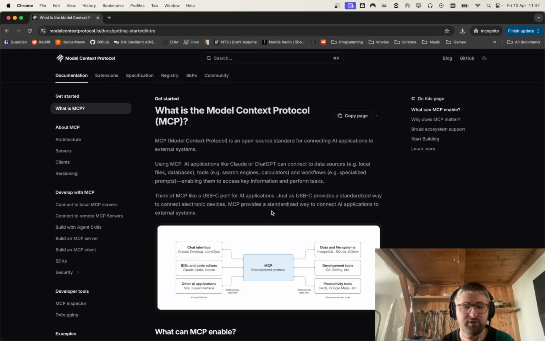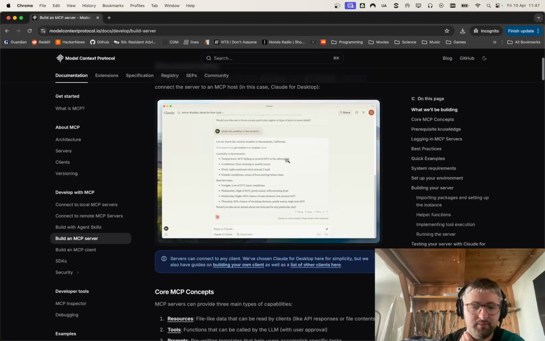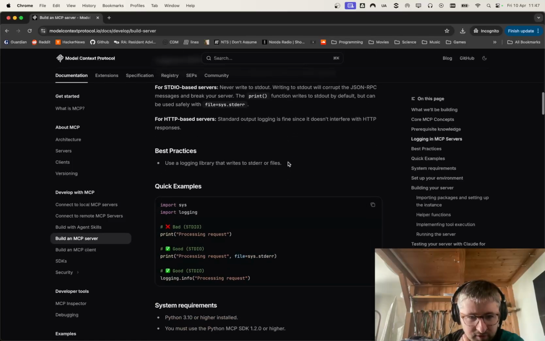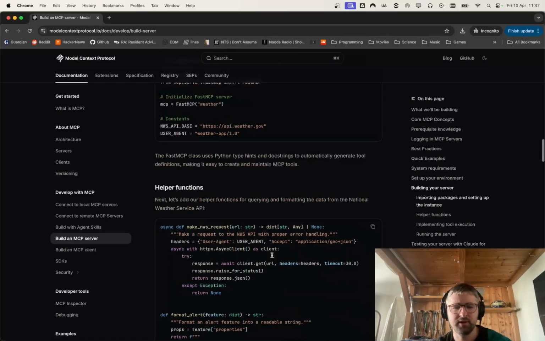This way allows you to just have Claude or another agent be sort of in the middle, and you ask it questions in a way you normally would, and it interfaces with that program, database or API, and gives you results back from that. So what I did at first was follow this example here of building an MCP server, which just has you build a simple